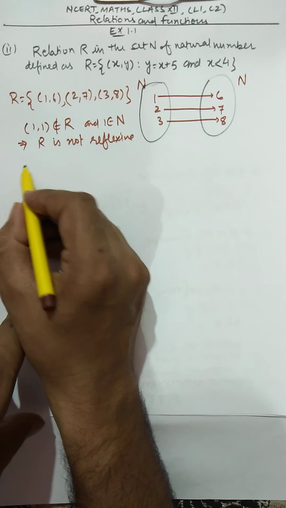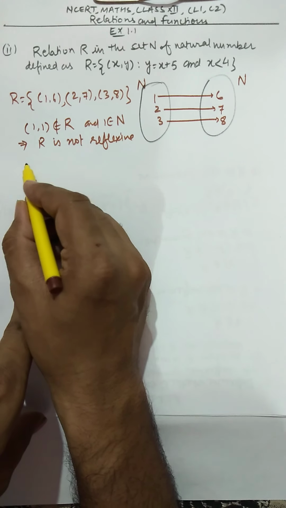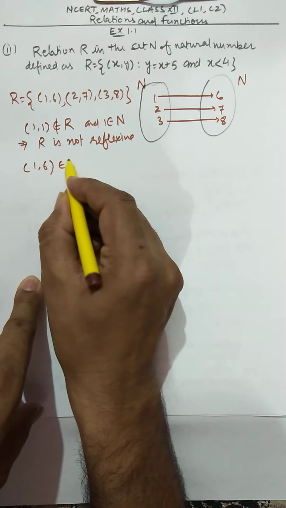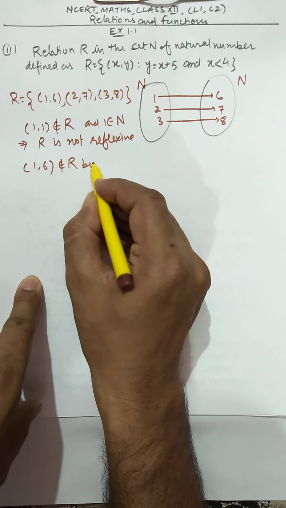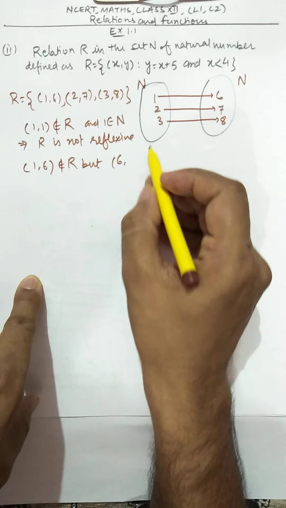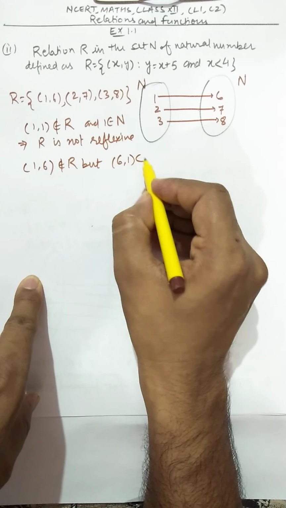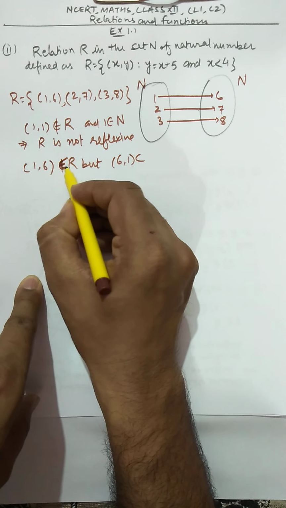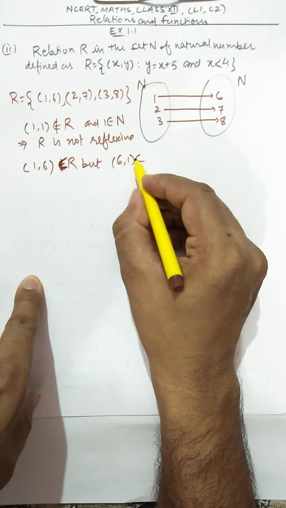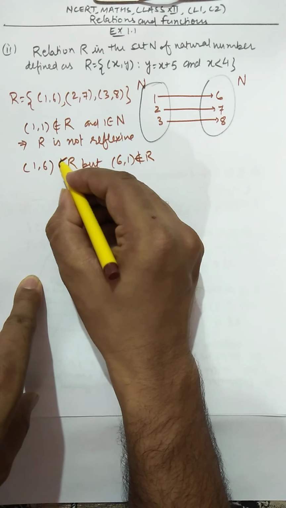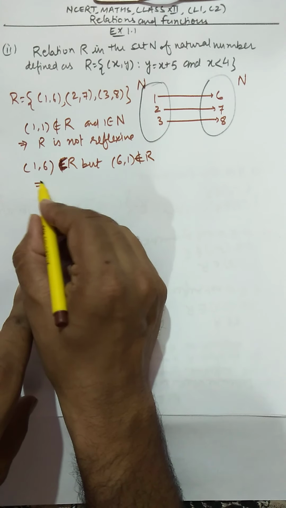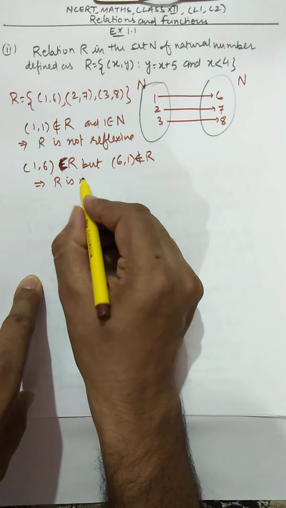Second, we take, let's say, (1, 6) belongs to R, but (6, 1) does not belong to R. So I can say that R is not